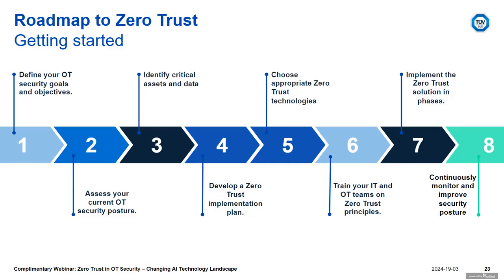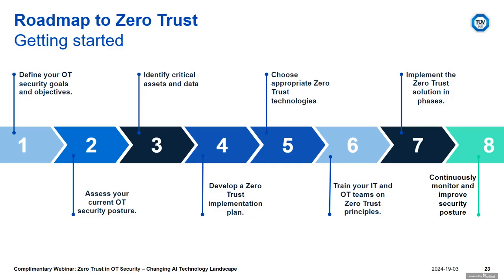Second, assessing your current OT security posture. When you define your target, you want to achieve a certain level of security, so you define your own target level. It also requires that you know your current level, so that you know the gap and where you would like to get to. Identifying your critical assets is part of this stage. You have various solutions, such as asset management solutions, that do this for you. So identify your critical assets within the organization, also defining through threat assessment what your critical assets are.